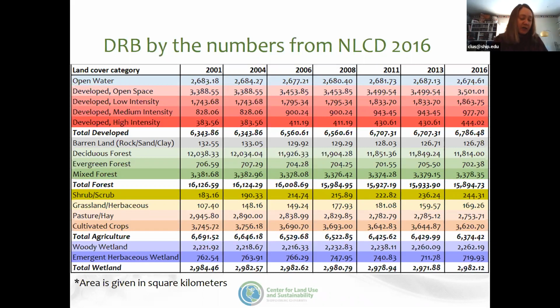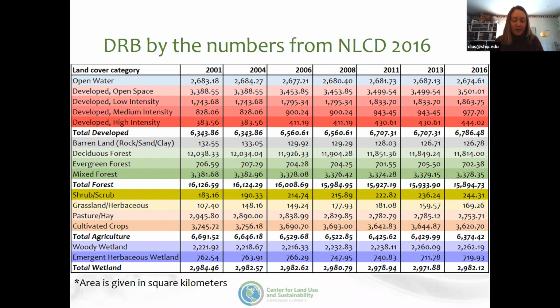First of all, the biggest changes we see are in forest, agriculture, and the urban developed classes. Urban land cover tends to increase, and agriculture and forest decrease. If we look at the total developed land over time, urban land increases almost 7% between 2001 and 2016. That's an increase of about 443 square kilometers or